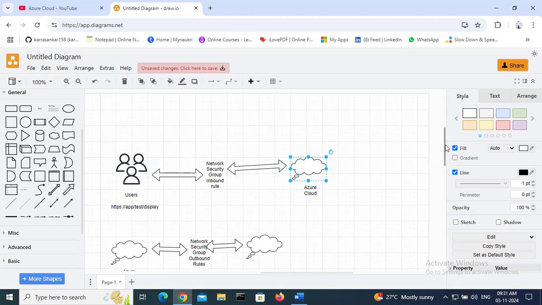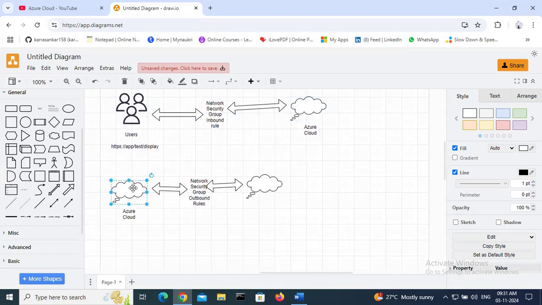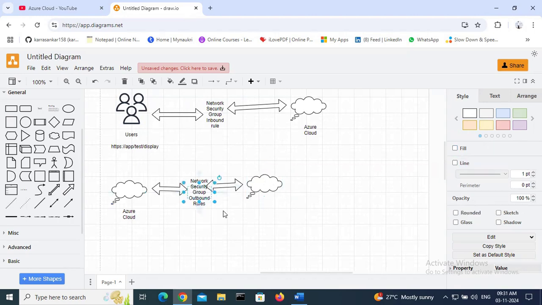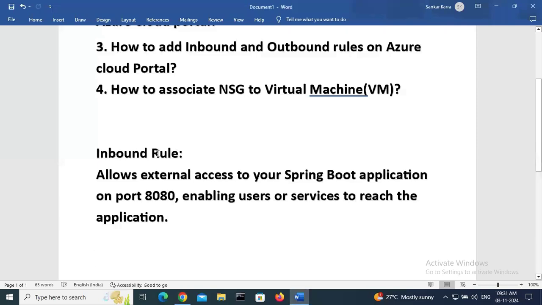Now your Azure cloud is requesting some other external cloud or external application. It is called outgoing, like inbound rules, outbound rules. A request is going to another application by using some specific port. So read here, inbound rule